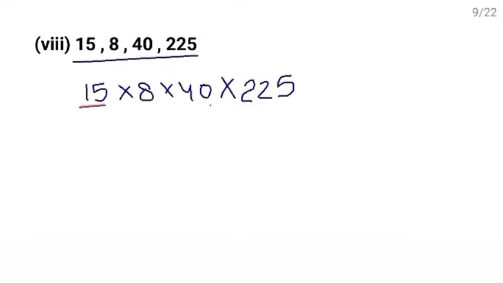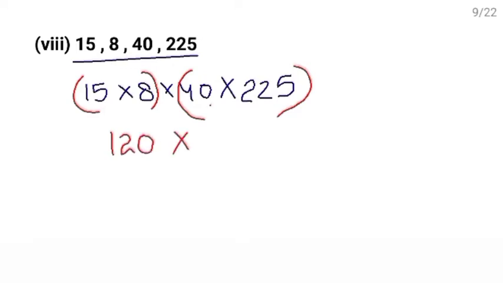Right? Here 15, 40 and 225 are multiples of 5. You can multiply 15 by 8 easily because you know the table of 15, right? And you can also easily multiply this 4 by this 225. Clear? So 15 8s are 120. Multiply 4 5s are 20, 4 2s are 8, 9, 10. 4 2s are 8, 9 and 1 zero was there. So put it here.